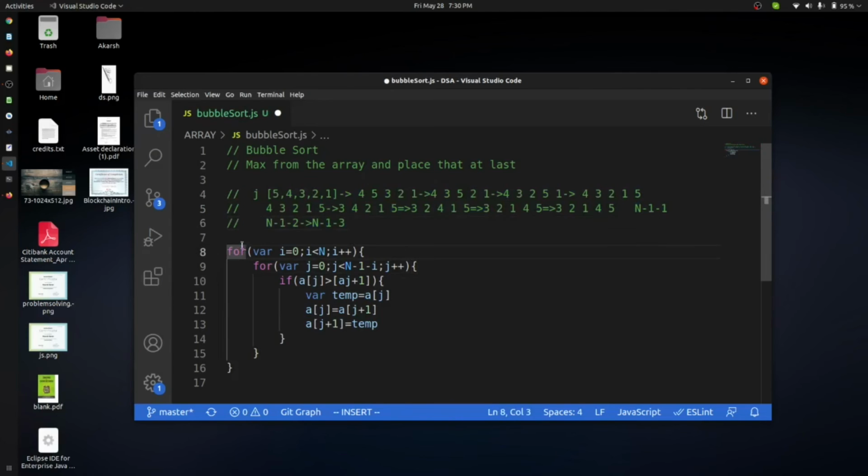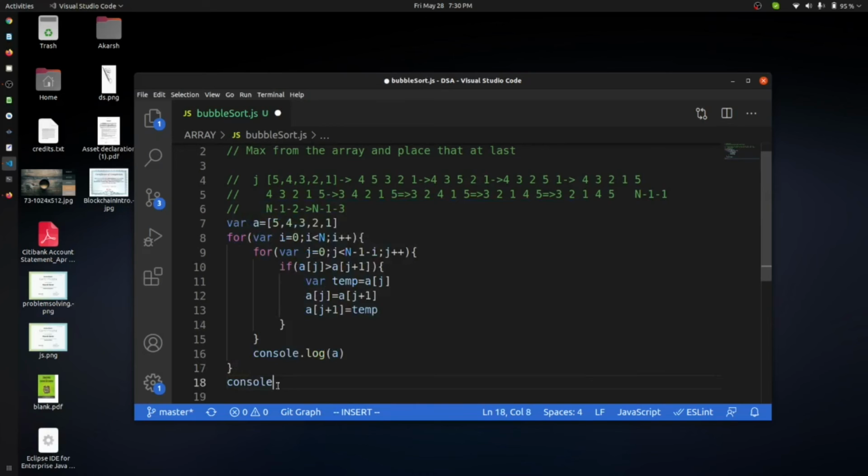Let me give a variable a equal to 5, 4, 3, 2, 1. I will also show you the console output after this iteration and the final result.